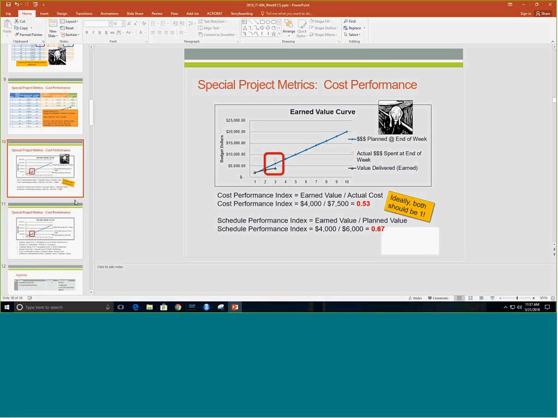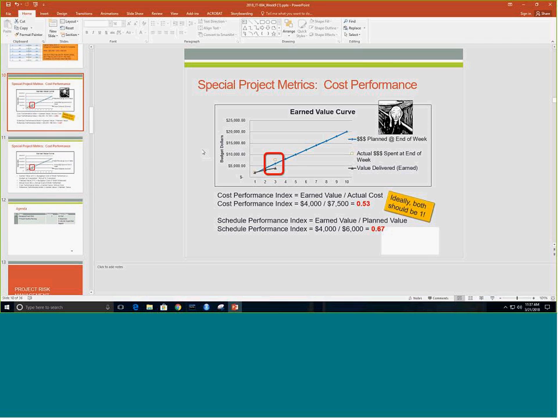So this is where we look at the earned value curve here, and the earned value curve shows us whether we are behind or ahead. And here we are behind, seeing that our earned value is lower than what was planned. The planned value is our blue line, earned value is our gray line, and then we have our actual cost here that is spent. That's a very faint little square here, and we're all over budget, and that is also